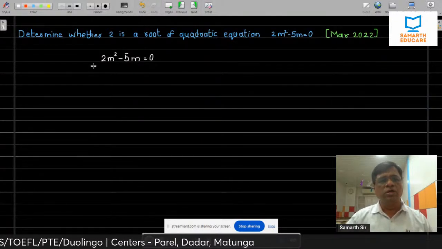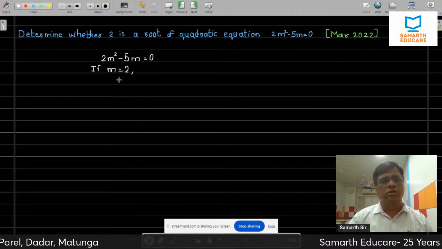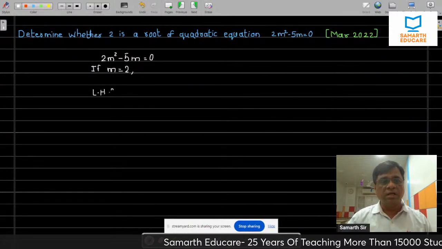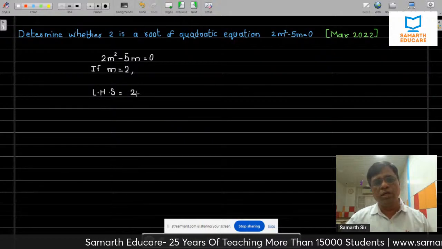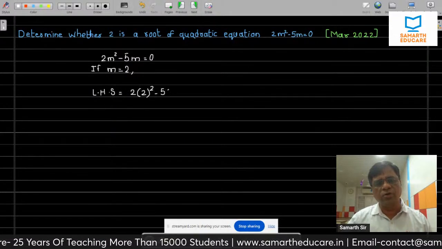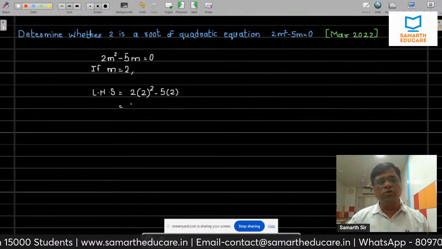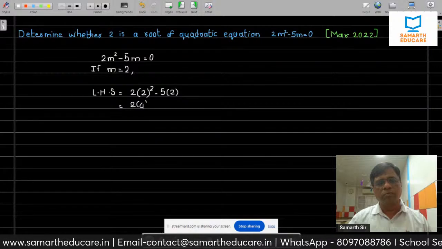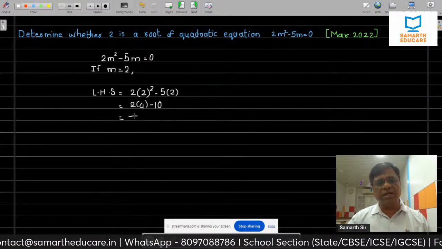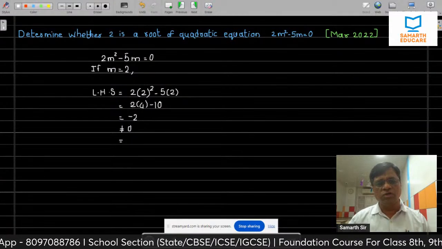Okay, so if m is equal to 2, because he says m is the root, right, अपने को चेक करना है, तो लेफ्ट हैंड साइड, what will happen to the left hand side, left hand side will be 2 into 2 का स्क्वायर -5 into 2. Okay, now this is 2 into 4 -10,